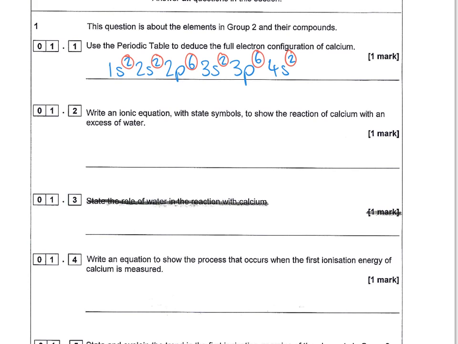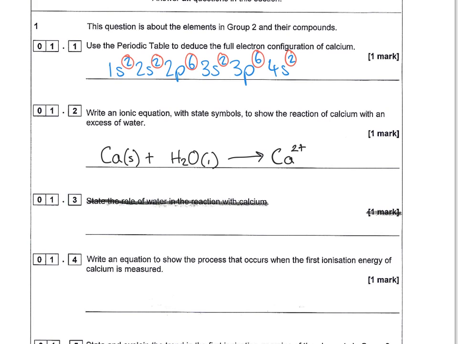The ionic equation to show how calcium reacts with water, you've got to include state symbols. So calcium is a solid, it's a metal. It's going to react with water, which is a liquid, and it's going to form ions. It's going to form calcium hydroxide, but as it's asking you to write it as an ionic equation, that means